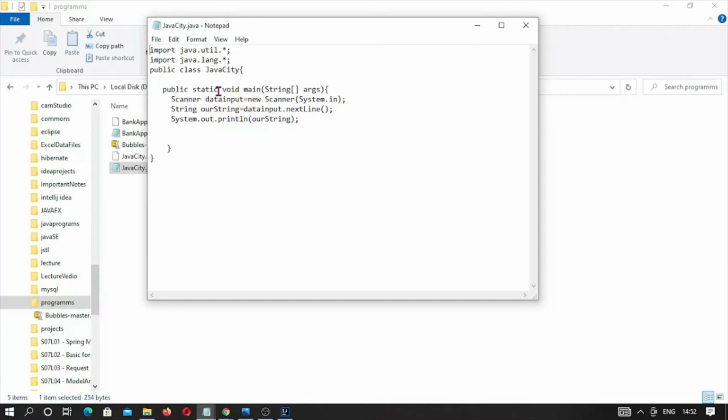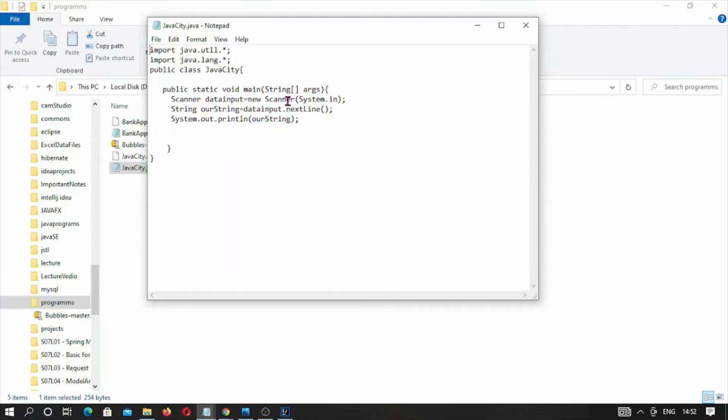unique work. Now, a Scanner class, its object equals, and this word identifies that we are going to create a new object of class Scanner, and this is again opening and closing small brackets, and in between here we have to give a parameter. What kind of object is it?